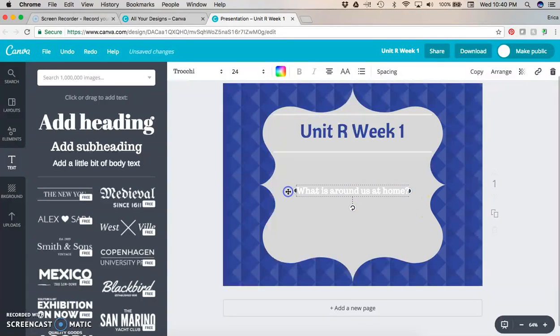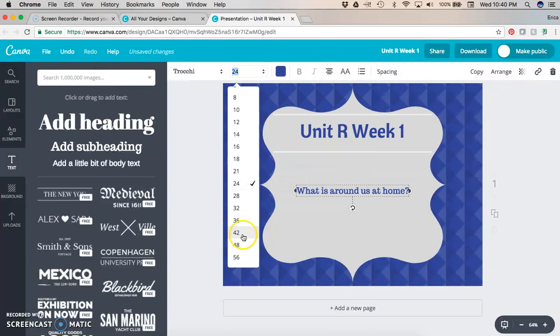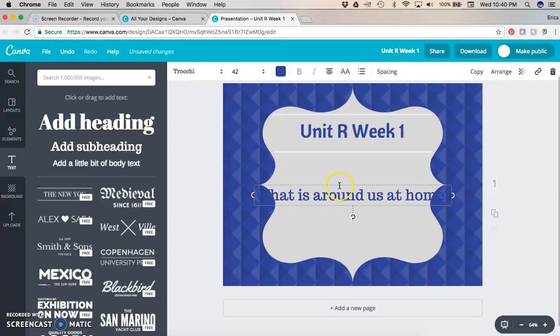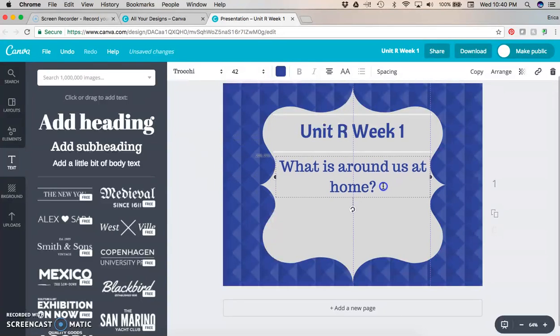Obviously, this is super small and hard to see, so I'm going to change that color again. I'm going to change my font. I can move this around so that it fits in. It still looks pretty small to me. Oops. So I'll just